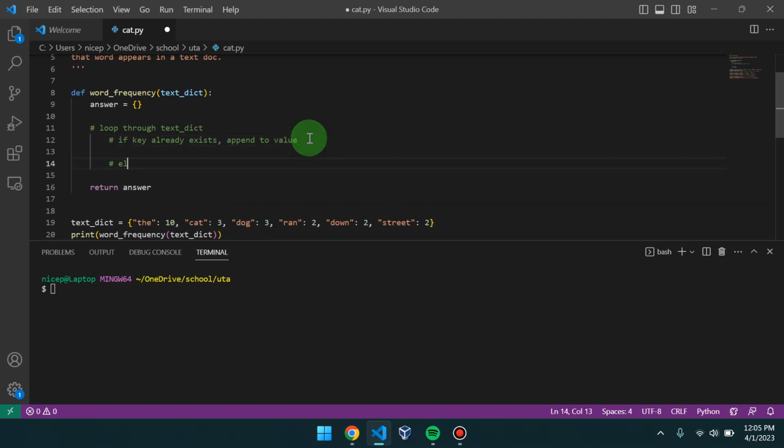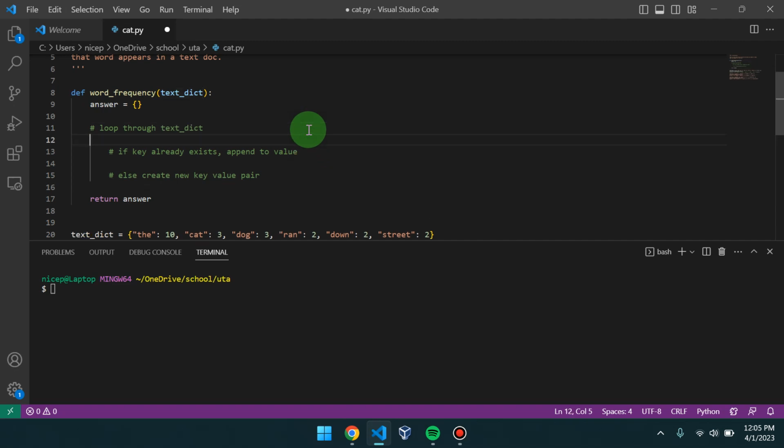So this is going to be an else: create new key value pair. So this is if the frequency is unique and it's not already in our answer dictionary, we're going to create a new key value pair. So now, just to continue going through,